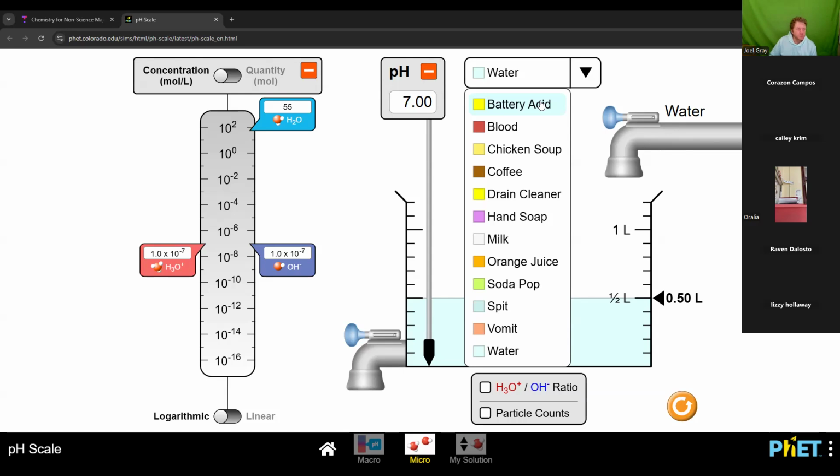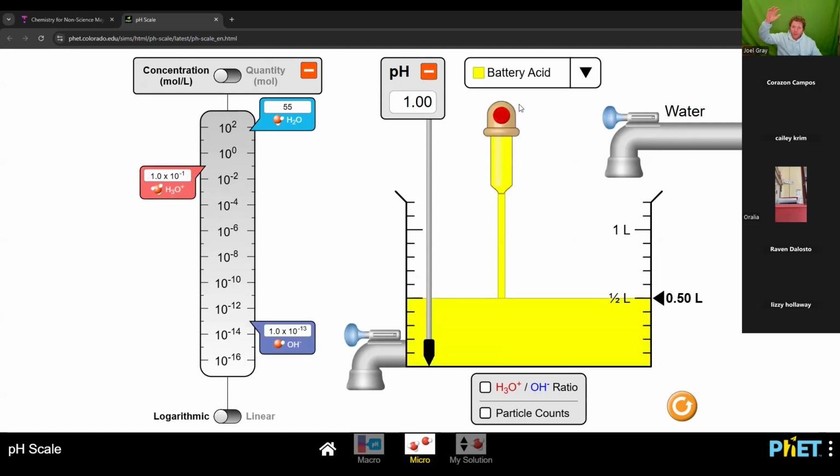Caitlin, you're absolutely right. So I'm going to select battery acid. Okay. Whenever I do that, let's watch the hydrogen ion concentration or the H3O plus. That goes way up. The hydrogen ion concentration in an acidic solution is higher than the hydroxide ion concentration in that same solution. Now, are there both hydrogen ions and hydroxide ions in that solution? Yes, there are. They are both there, but when you compare the two of them to one another, this hydroxide ion concentration is so low